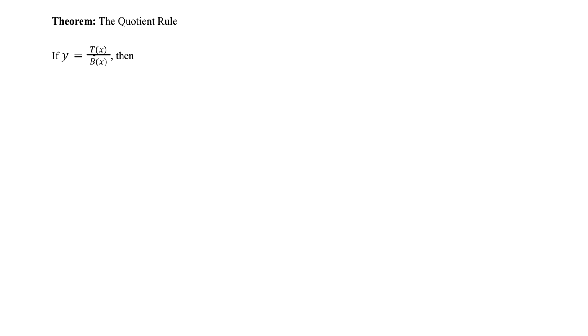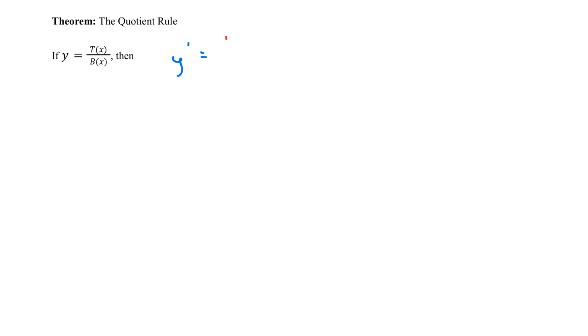I want to make this short video just to specifically talk about the quotient rule because that formula is a little bit longer. And I do think that there's a nice way to help you remember it. So the quotient rule says if we have t of x divided by b of x, and here I'm using t of x to think about that as the top part of my fraction, b of x thinking about that as maybe the bottom part of my fraction, or I guess a rational function here, then y prime, the derivative,